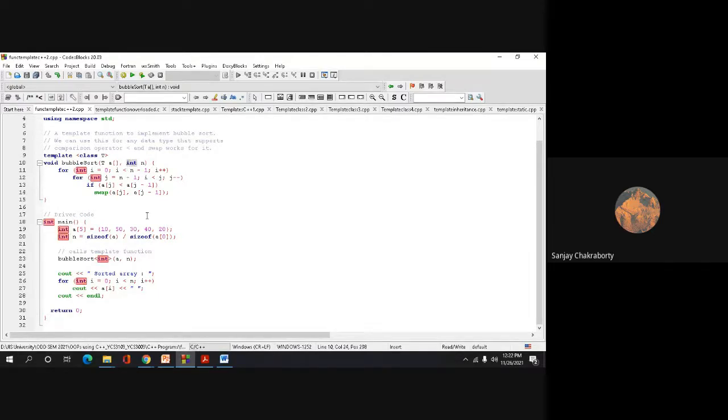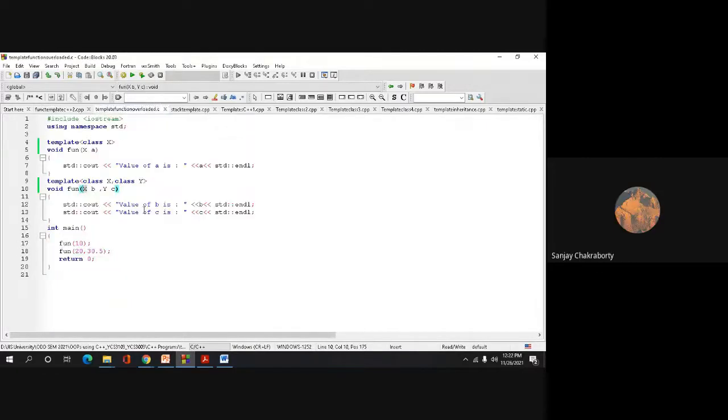Yes, sir. But in this case, what I have done, I have created two different template parameters x and y for that particular template, and in the second function we have defined, we have taken two arguments of those two different parameters, right? So here I have done the function call. Okay, now you have seen that function overloading takes place here.